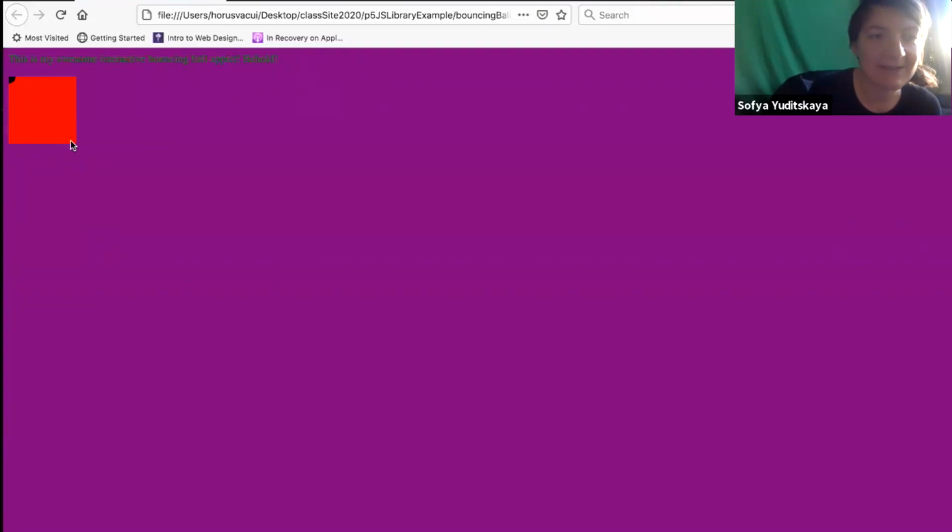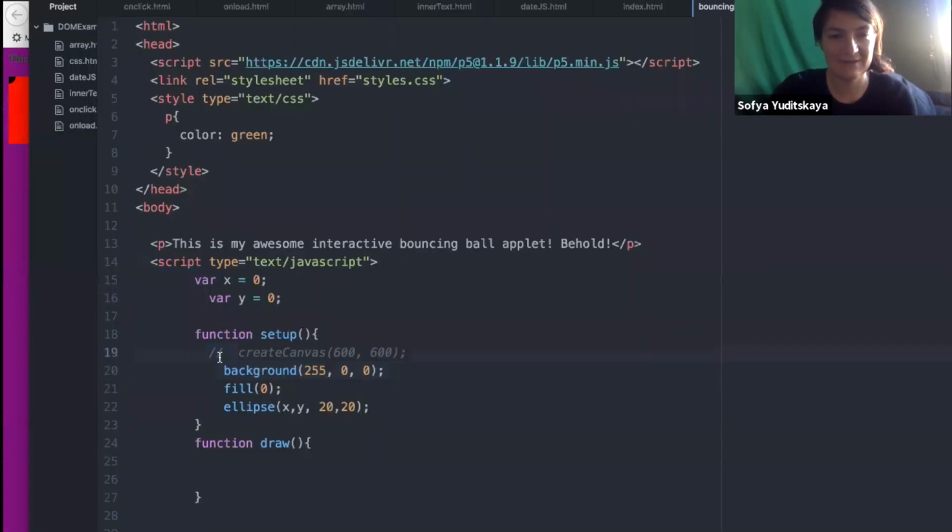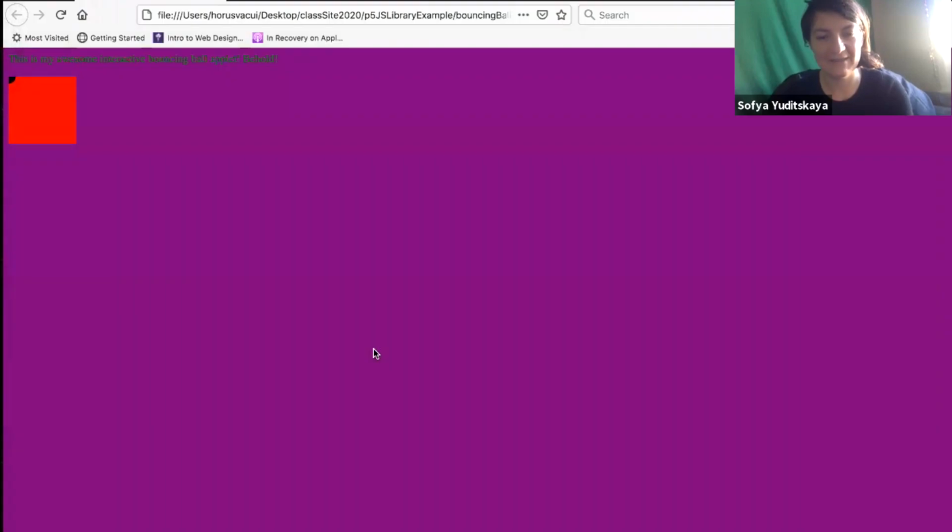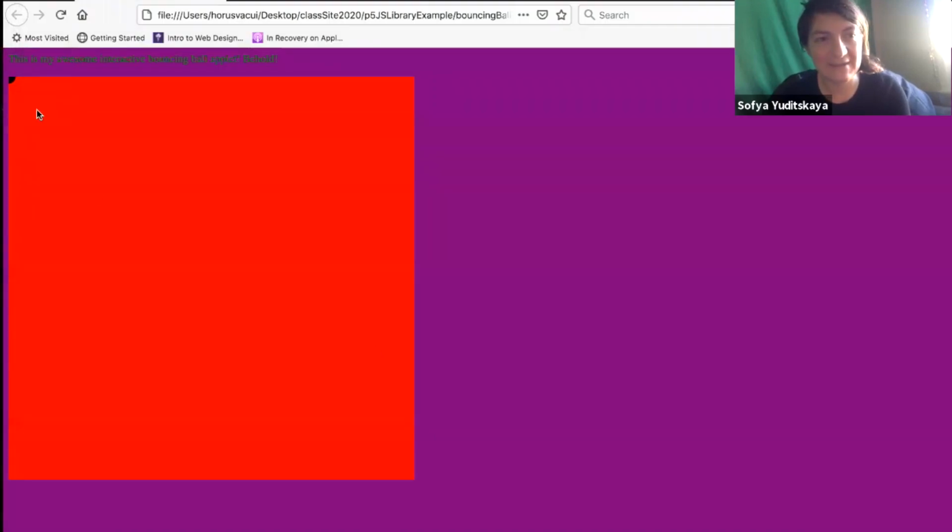Interesting. Okay, so it looks like p5.js, and this is the part of dealing with libraries where we don't always know all the things that are happening inside of them. It kind of looks like, by default, it gives us a 200 by 200 pixel canvas to draw our things on. That's very interesting. All right, well, so we'll make our 600 by 600 canvas, and we have our tiny little ellipse